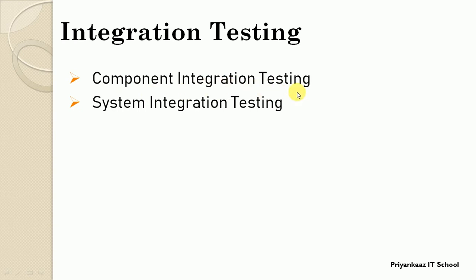It is a process of combining multiple modules of the same system or software together and testing their interface. For example, if you consider an e-commerce application, let's say Amazon, then there are different modules we have to test, for example customer login, product detail, product order, online payment. These are the variety of modules we have on the Amazon side.